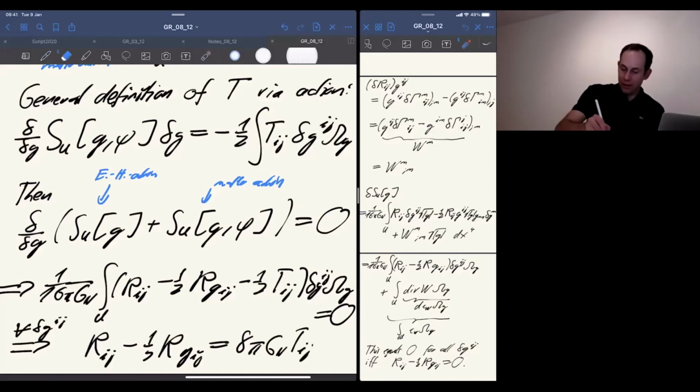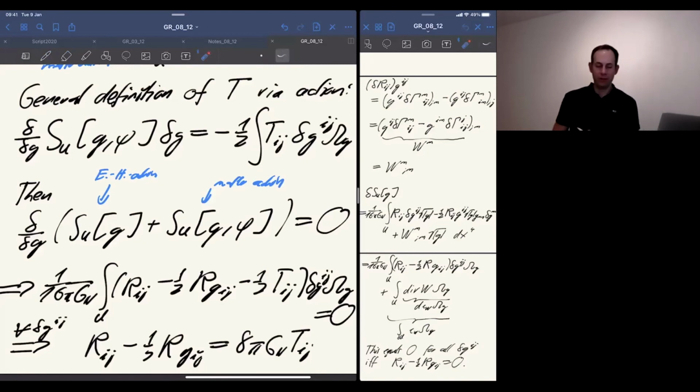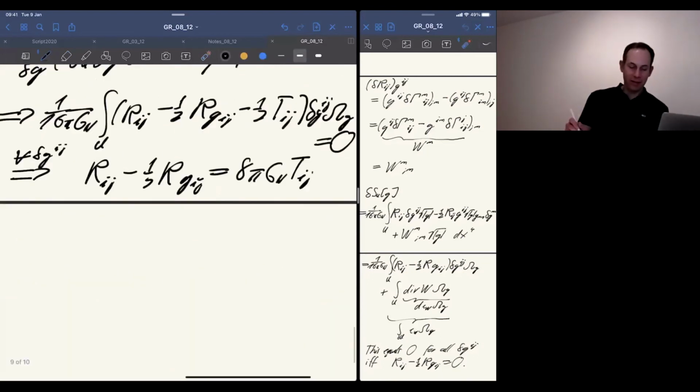Okay, you could now say, okay, this is just cheating. I just defined this whole thing exactly the way that the right thing comes out. However, it's not cheating. There's a very deep insight we can get exactly from this consideration. And that's the last thing I want to do for today. So to explain this insight, let me consider a concrete matter action.